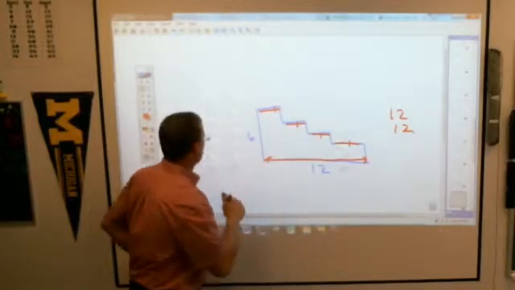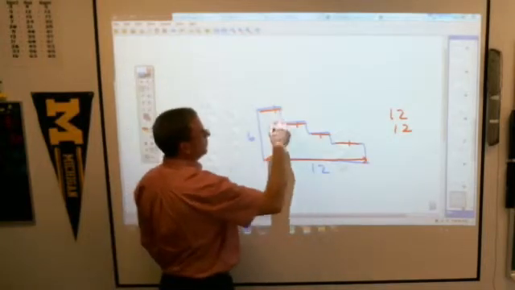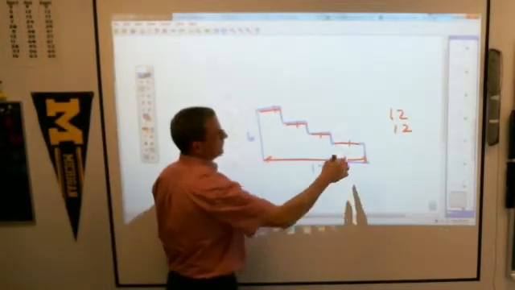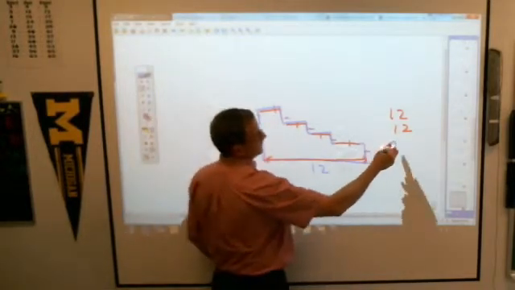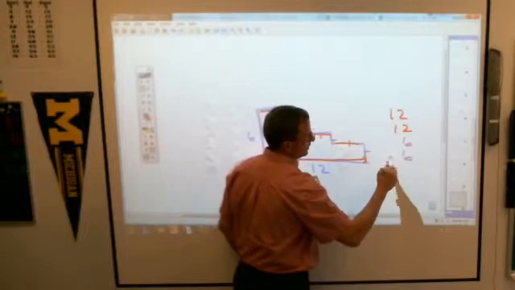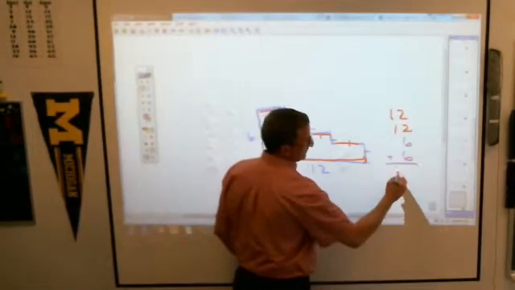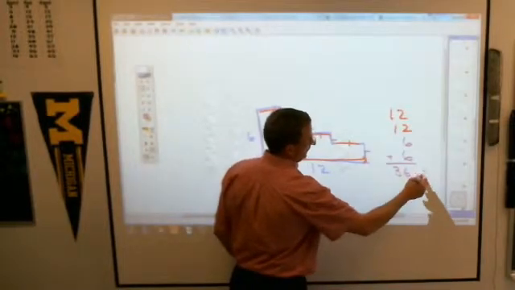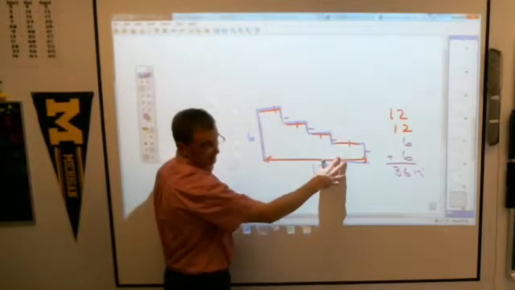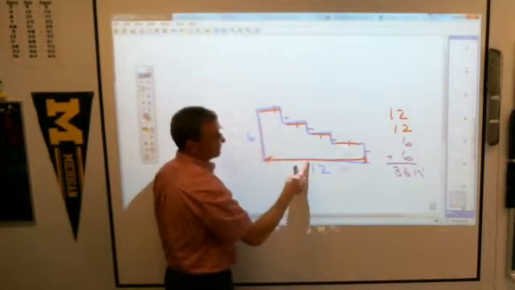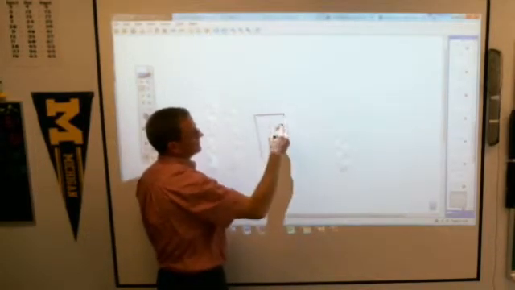Same thing for this. I don't have to know what each one of these is because when I put them together, I get this same length. So I end up with 2 6s and 2 12s, which is actually 36 inches. Now be careful with that, because that only works if it's a step sort of thing. If it's a step, you can just add those two sides and double them. But if it has an indentation in it like this,